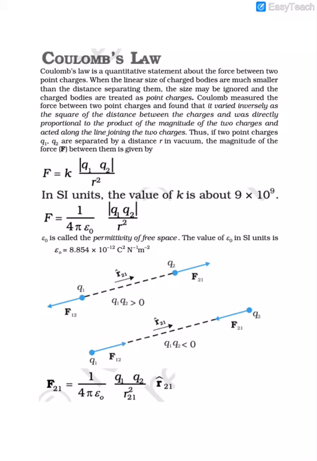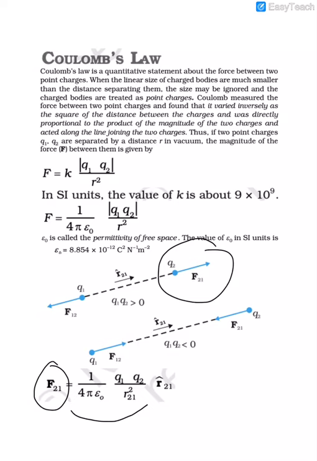But yes, there were a few questions where the vector form was used. In case you don't remember, this is how the vector form of the gravitation law looks. You multiply G m1 m2 by r cube with a unit vector which is along the line joining the two masses. So let's understand how the vector form of Coulomb's law is going to be like. Suppose the force which is acting on charge number 2, I call it vector F21. I'm going to write the scalar value of the force, 1 by 4 pi epsilon naught Q1 Q2 by r square.